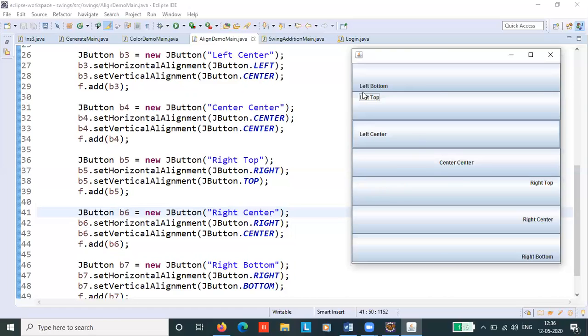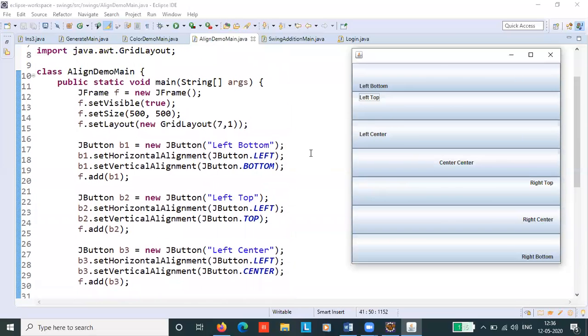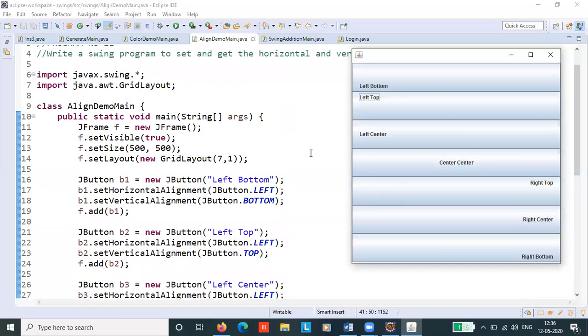So here you're trying to understand what all possible alignments you can set for your components. So this is a simple program. So make use of the set horizontal and set vertical alignment methods to change your alignments accordingly.